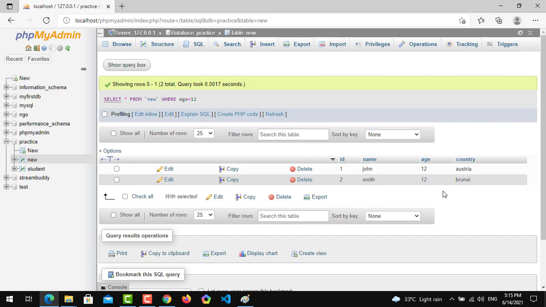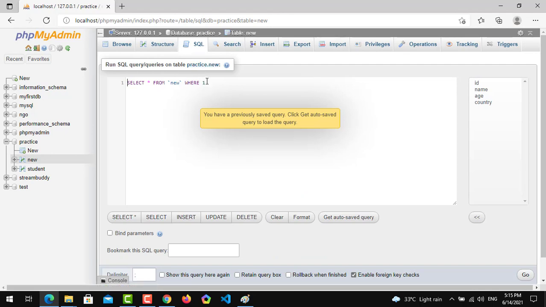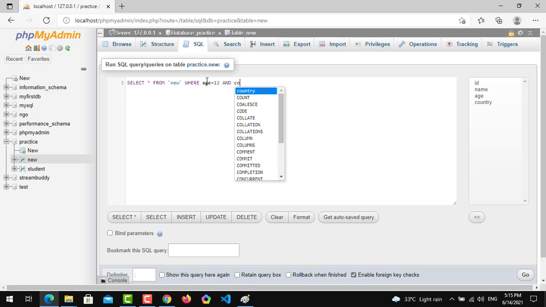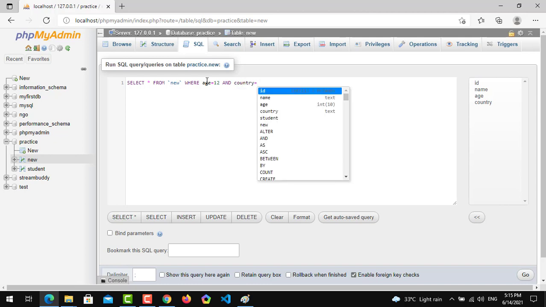Now in case we want the data of the students whose age is 12 and whose country is Austria, we have to use AND for that purpose. So we write where age is equal to 12 and country is equal to Austria.